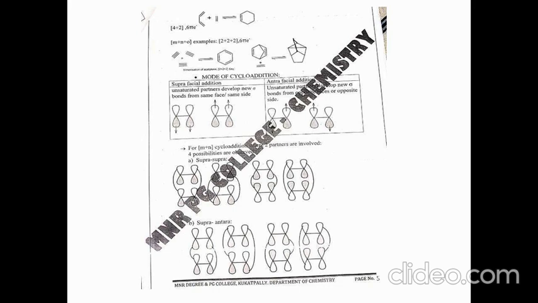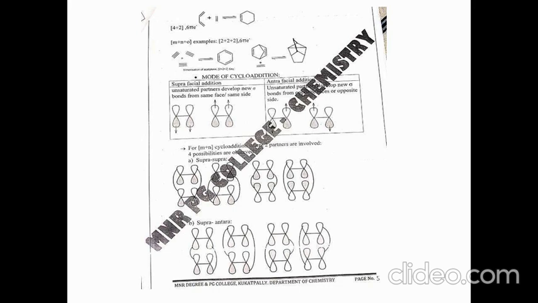Now 6 pi electrons can also come under the m plus n plus o category, where trimerization of acetylene gives rise to benzene. One more example is there, where it is not proceeding by 2 plus 2 cyclization; it is proceeding by 2 plus 2 plus 2 cyclization. So we are getting one 6-membered ring. If 2 plus 2 cyclization happened, then we would get one cyclobutane ring. Our product does not contain a cyclobutane ring, but it contains one bridged cyclohexane ring.